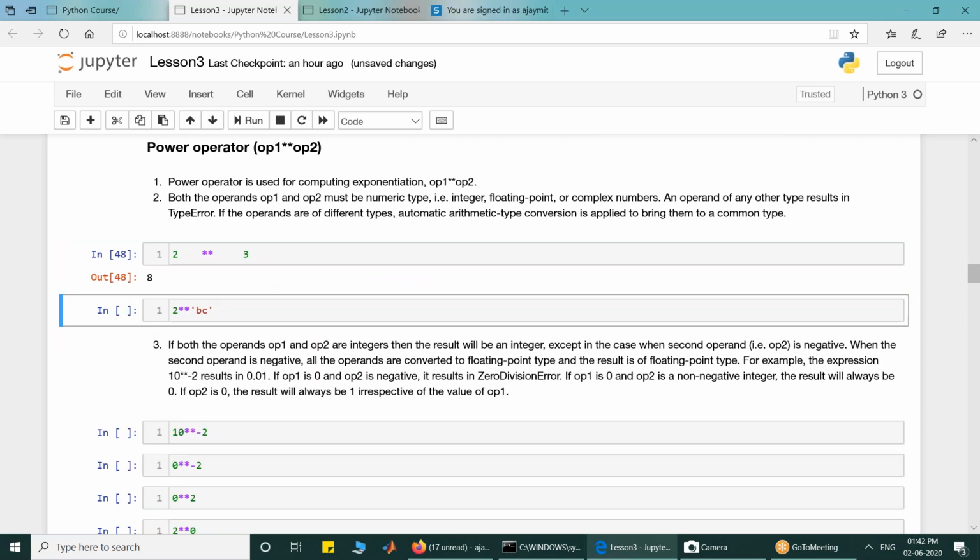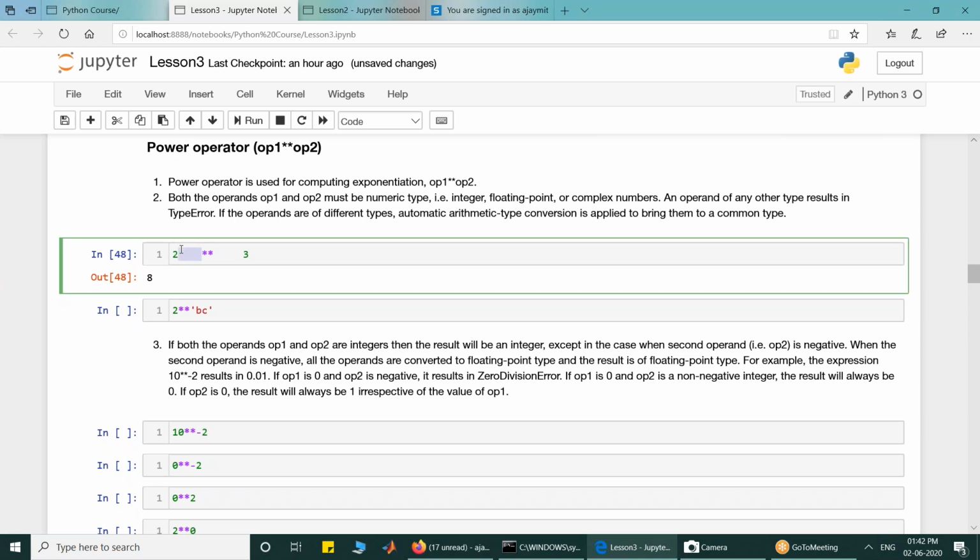If I execute it, it comes out to be 2 raised to power 3, 8. So the spaces which are placed between tokens are not significant. The interpreter will ignore them, so this will be interpreted as this only. But when you start putting space between the stars, the interpreter thinks that this star is a multiplication operator, this star is another multiplication operator, and multiplication is a binary operator, so the two cannot come next to each other without any operand in between, and that will give the error.